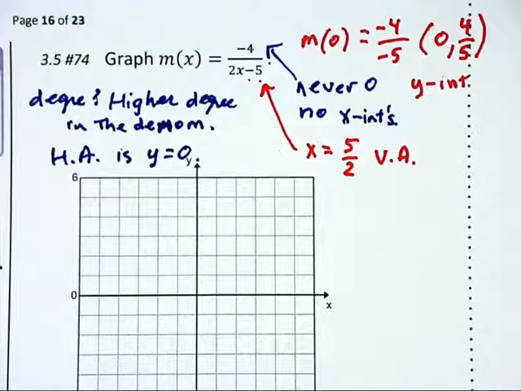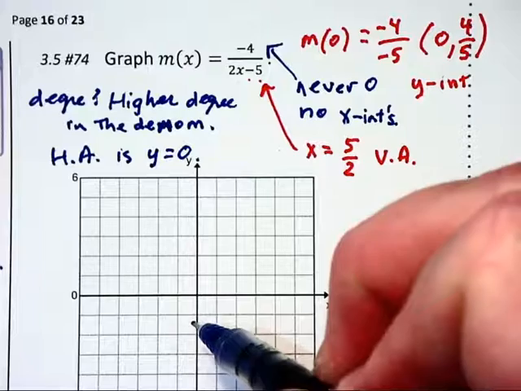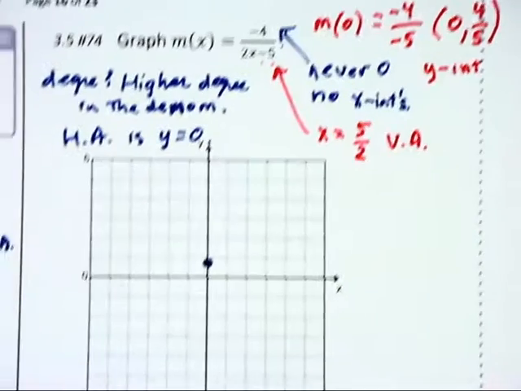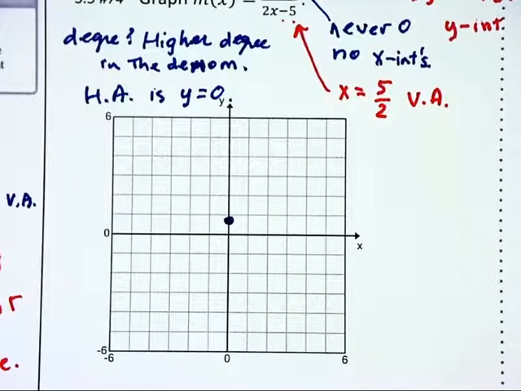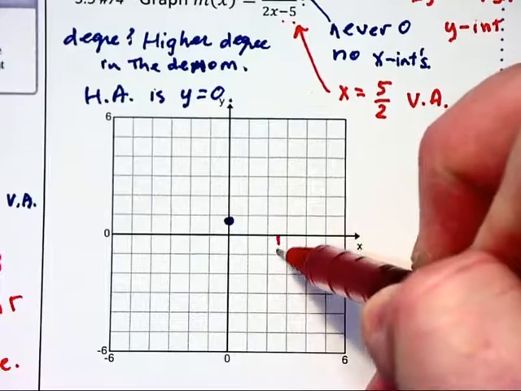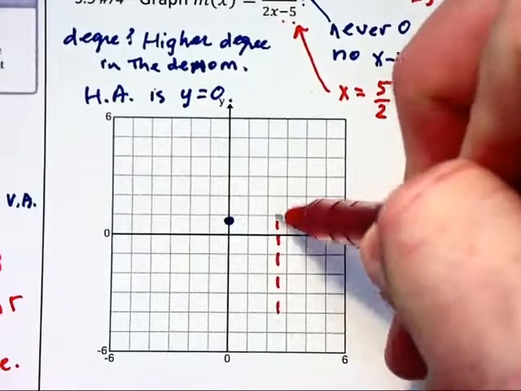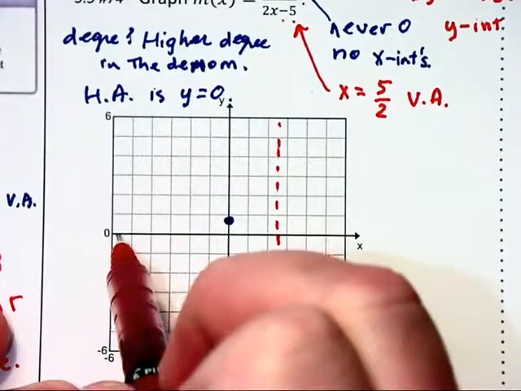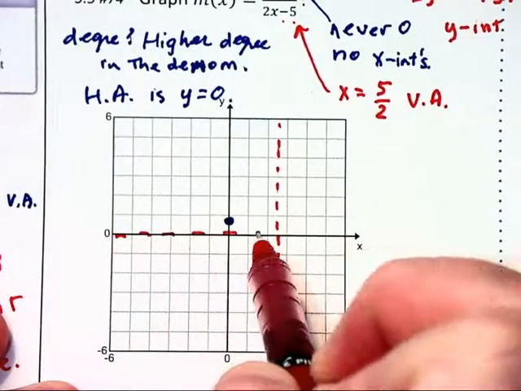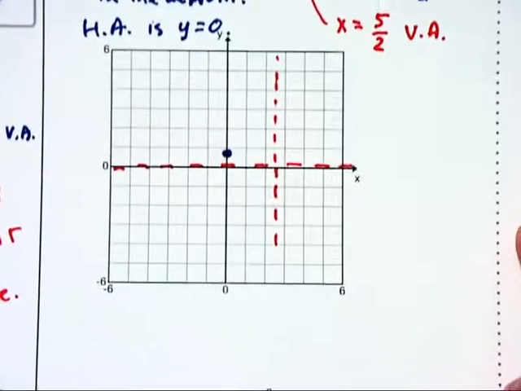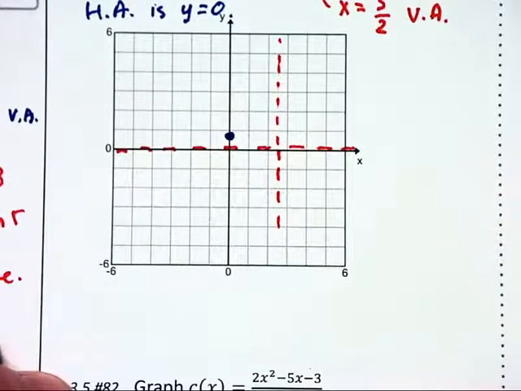Okay, that's a lot of information to plot here, so let's start one piece at a time. 0, 4/5 is our y-intercept. Okay, no x-intercept. Vertical asymptote at 5/2, that's 2.5. So here we go with our vertical asymptote. We're going to have a horizontal asymptote on the x-axis. And pretty much that's all I need, unless I want some extra points to flesh this thing out,